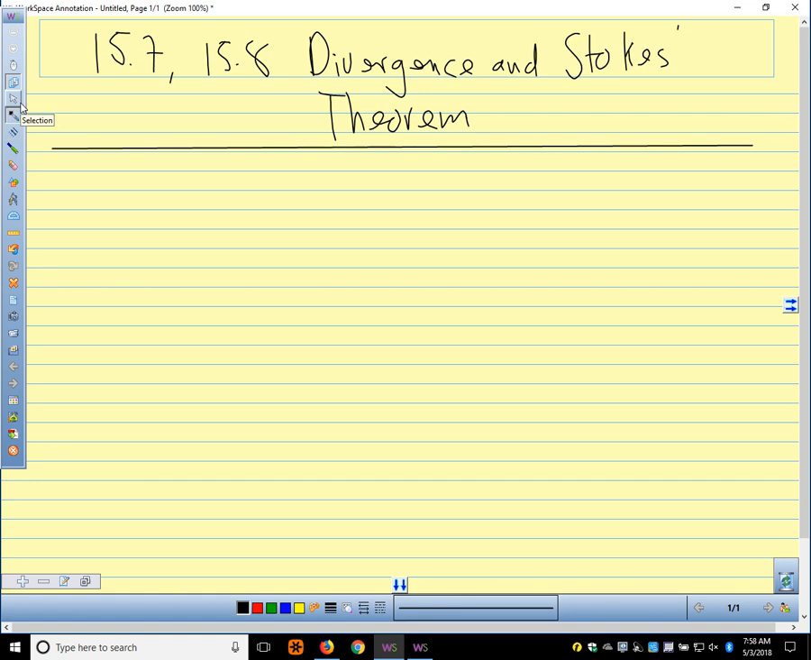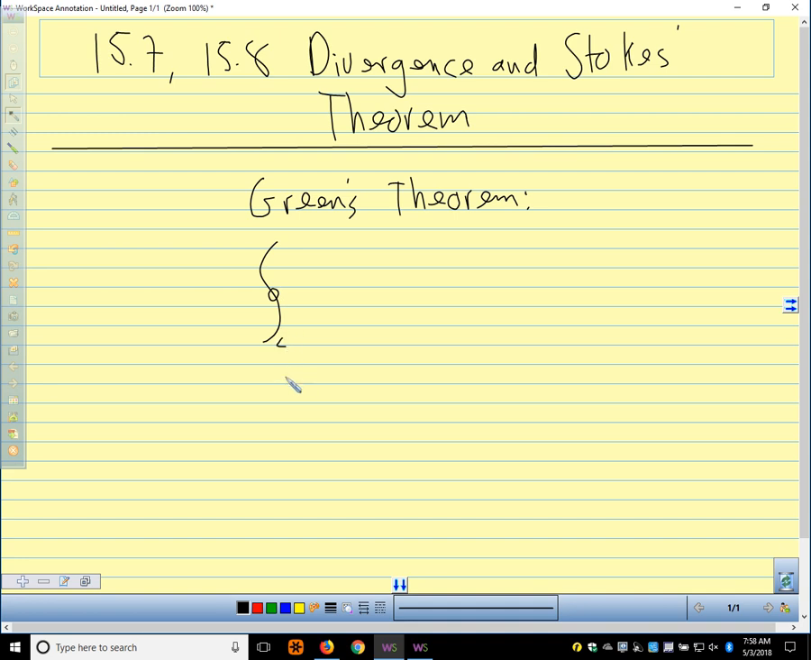All right. Let's get started, folks. So I want to start by rewriting Green's theorem, because that's in a way kind of the foundation of all of this. So Green's theorem in the plane. So reminder, Green's theorem only works in the plane. Green's theorem says that the line integral around a simple closed curve,